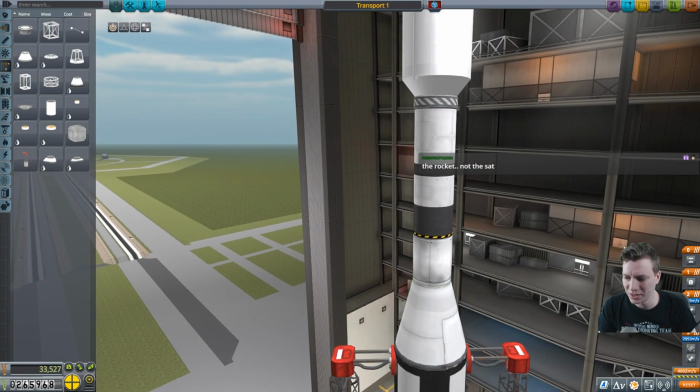God, it might be enough delta V to get it done. That's 3,000, 4,000, 5,500 to get into a polar orbit of the...